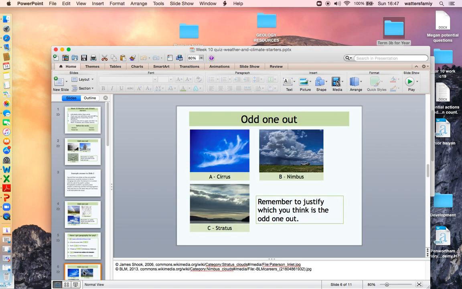Okay, so this one again, this is another of those, and I'm going to stop talking now because basically you've got the idea. So you've got to look up what the difference between cirrus, nimbus, and stratus are. The different types of cloud, they bring different kinds of weather conditions, and truthfully, they form under different conditions. So again, all you're going to do is look at Bitesize, look at cloud formations, and find out a little bit about them. The basic idea of this series of slides is for about 20 minutes, half an hour, you then go through the basics that are the weather and the climate.